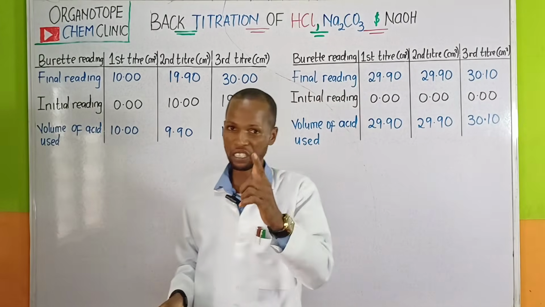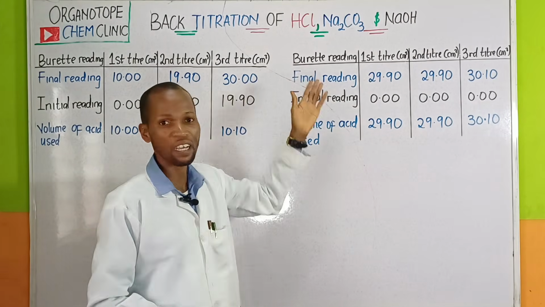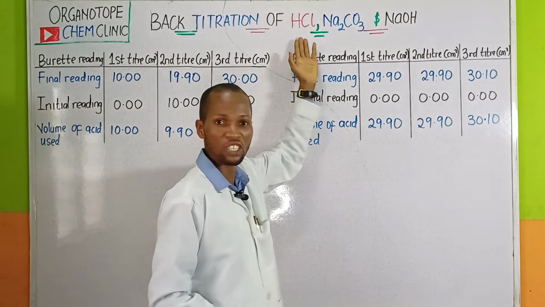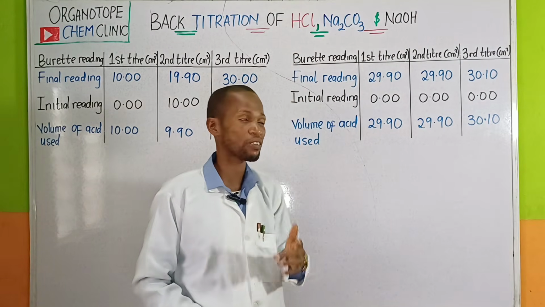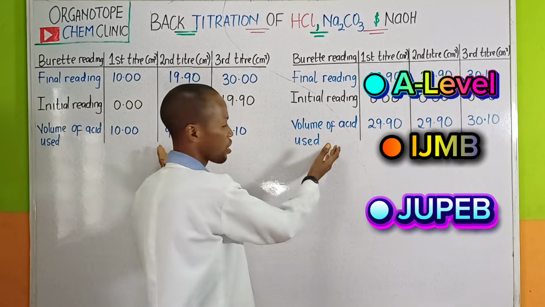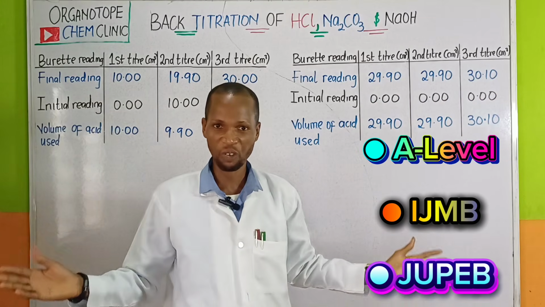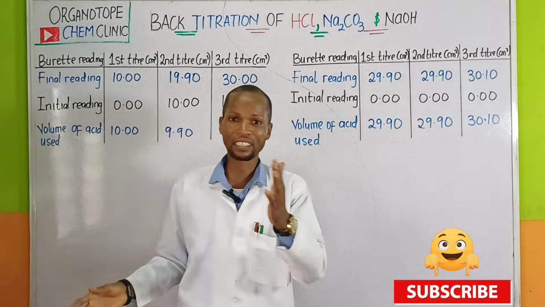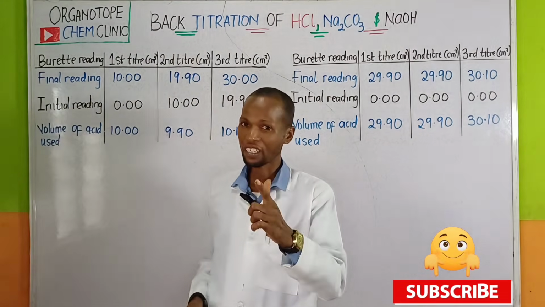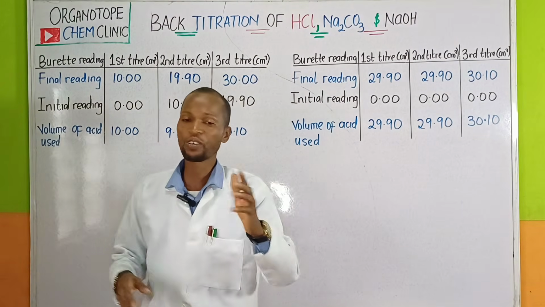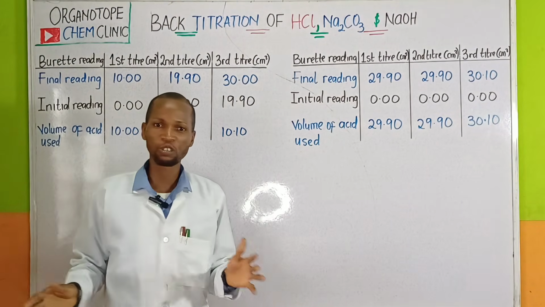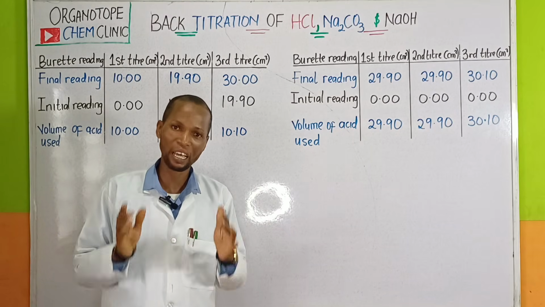What if I told you that with just one titration experiment, you can determine the concentration of hydrochloric acid, calculate the concentration of sodium hydroxide, and solve multiple A-level chemistry practical examination questions? Many students lose marks in back titration because they don't understand the chemistry behind the calculations. In this video lesson, I will show you exactly how the examiner expects you to tackle the practicals step by step